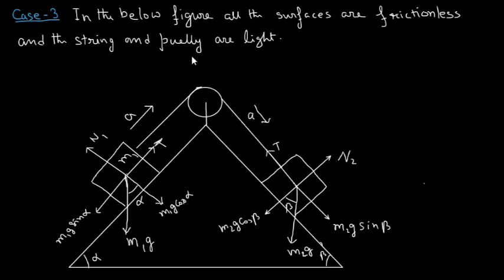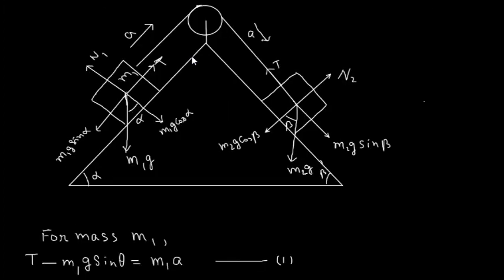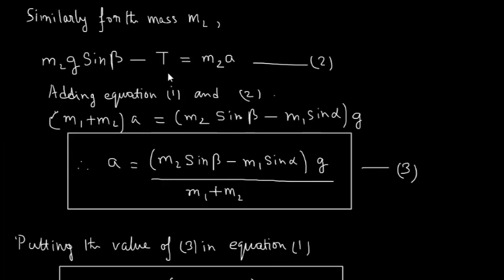Case 3. In the below figure, all the surfaces are frictionless and string and pulley are light and frictionless. So free body diagram is shown in the figure. For mass m1, we can write the equation as T minus m1 g sin theta is equal to m1 a, which is equation 1. Similarly, for the mass m2, we can write m2 g sin beta minus T is equal to m2 a, which is equation